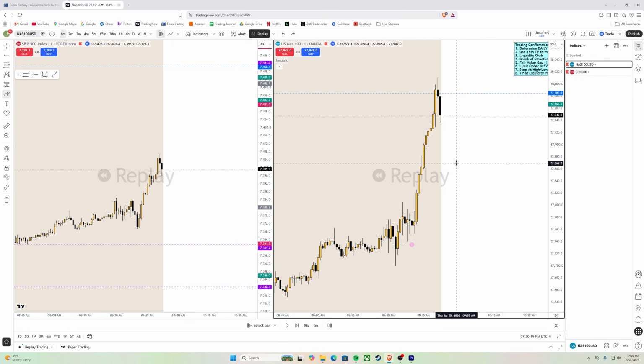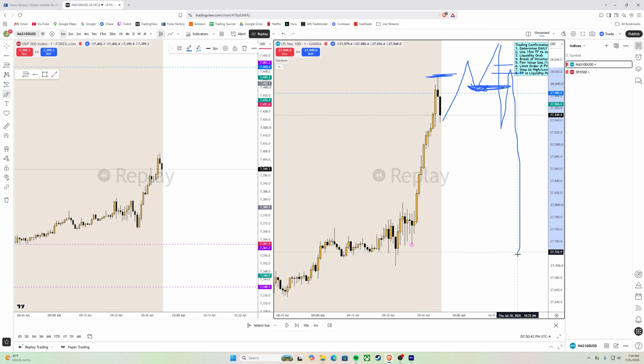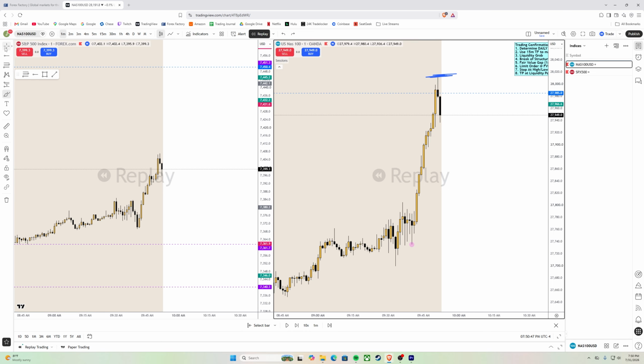And so I'm looking at this right now and I'm thinking to myself, okay, I want to see another push higher, right? I want to see this high get taken and I want to see another push higher so that price can do this and leave a new swing low, right? Because I want to see a new swing low, so then when price goes down, it breaks the swing low and it allows us to take an entry, right? So we can take the entry there and then push down, right? I'm sorry, it's not the best drawing, but that is what I'm thinking.